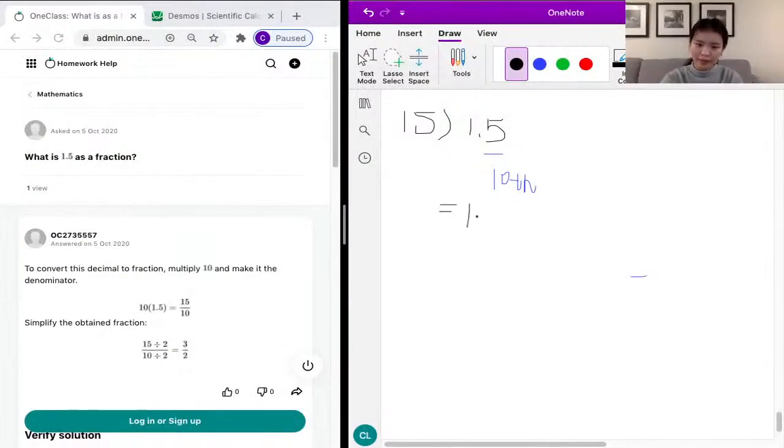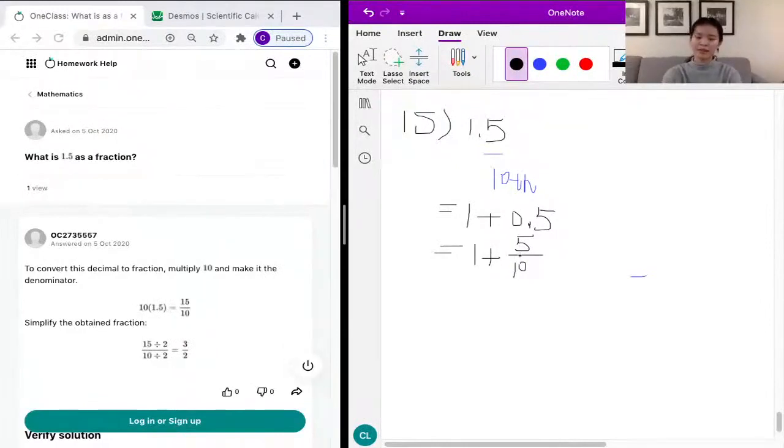1.5 is equal to 1 plus 0.5. These two have the same value, and we know the 5 is on the 10th place, so the denominator is 10, and the numerator is just 5 because the numerator is what's on the right of the dot in the decimal. Okay, so now we have 1 plus 5 over 10, and we can further simplify the fraction 5